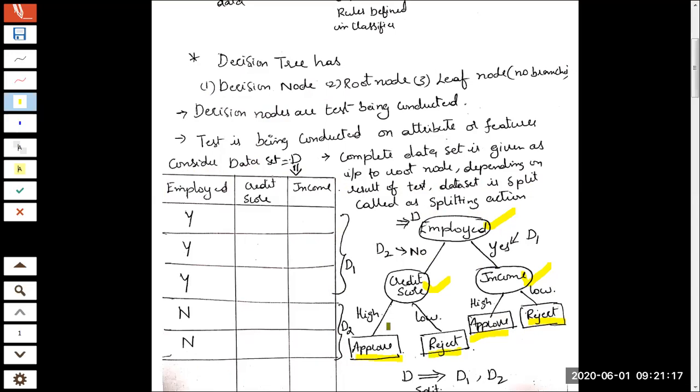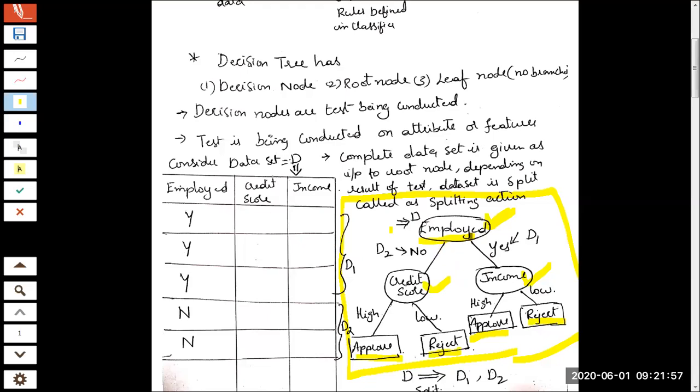Now, how was the decision tree constructed? It was constructed by considering the attributes as nodes. To decide whether the loan should be approved or not, these are the attributes that have been selected. Whether the person is employed is the root node. Why has it been selected as the root node? I have told you repeatedly that it is through gain and confidence. But at this point we will assume employed is the root node, with the belief that if he is employed, he'll be able to repay the loan amount.